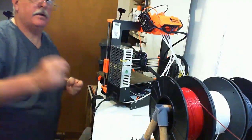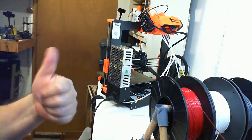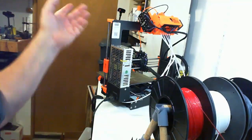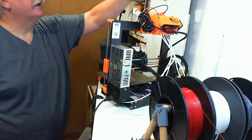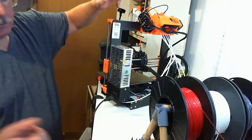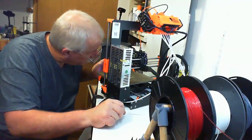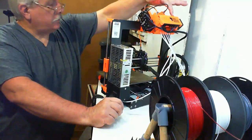So what we're doing is, oh, you like this? Okay, good. Yeah, so we're loading. I load it, unload it, so it kind of stabilizes, and then I'll load it again, make an adjustment. You use the right button to make it go in less, left button to make it go in more, and then I'll unload it and reload it a couple more times and make sure it's good,